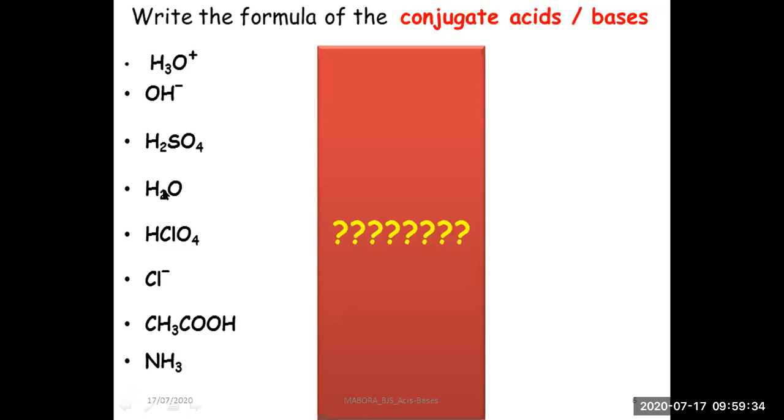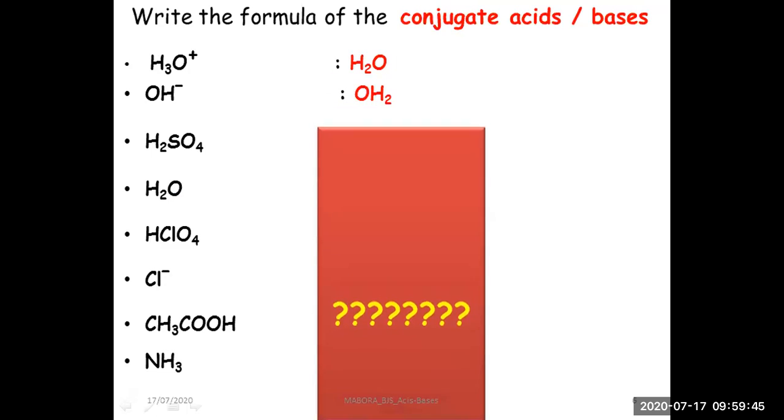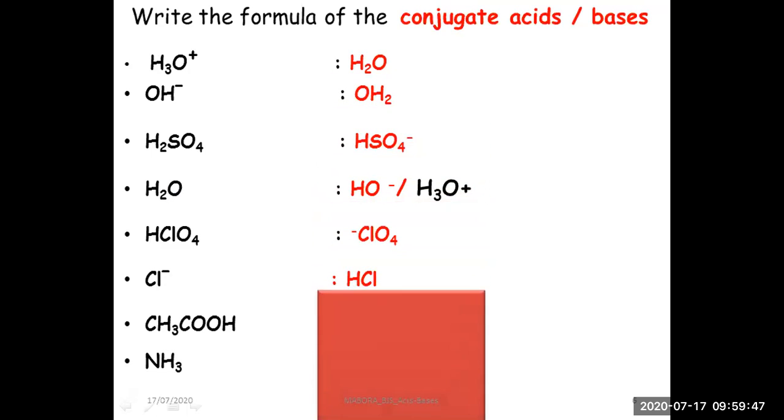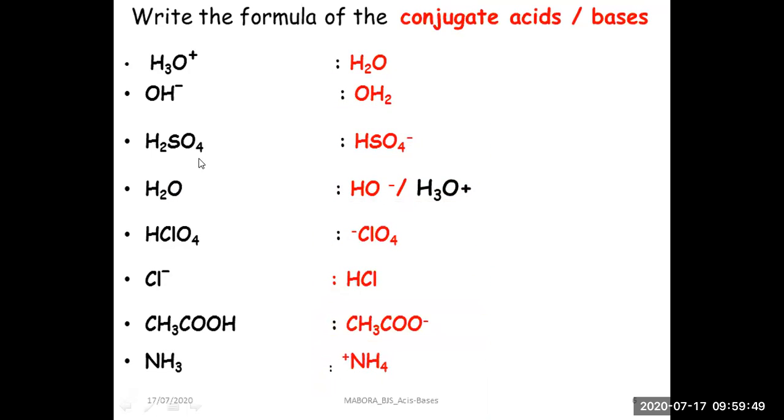H2O can donate a proton and can accept a proton, becoming H3O plus or OH minus. So it will have both a conjugate acid as well as a conjugate base, and so on. If I check, these are the answers for these conjugate acid-base pairs. And this is how you can guess a conjugate acid-base pair by just understanding the behavior of that particular ion